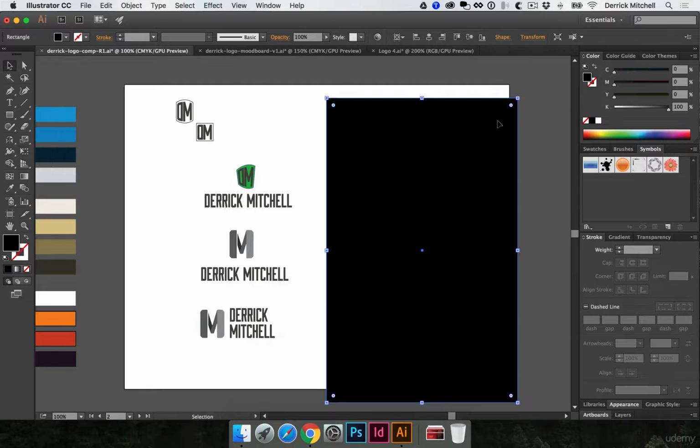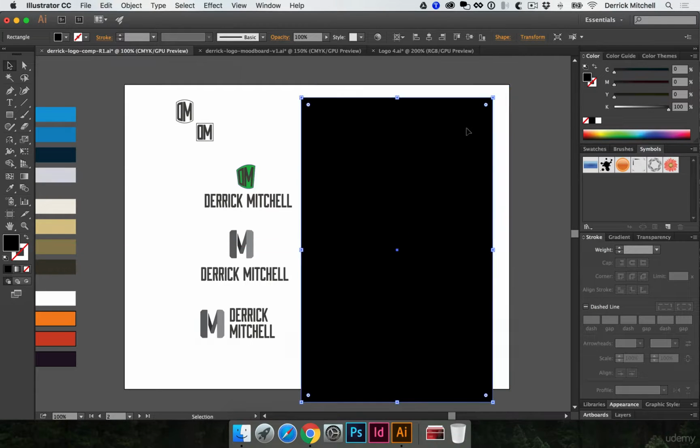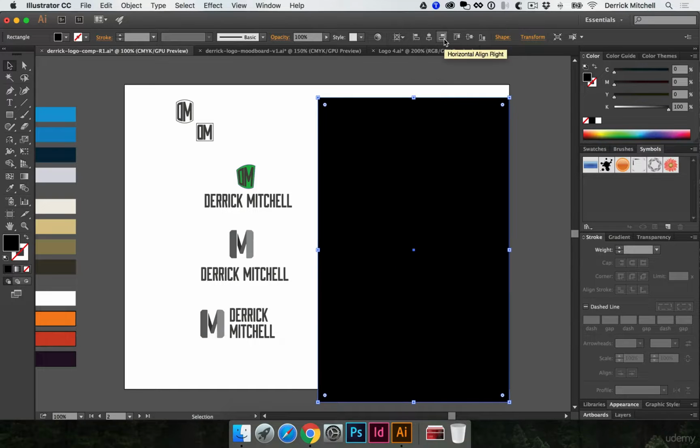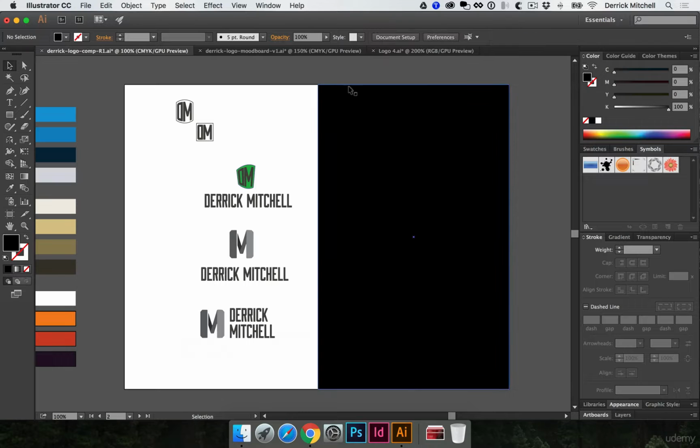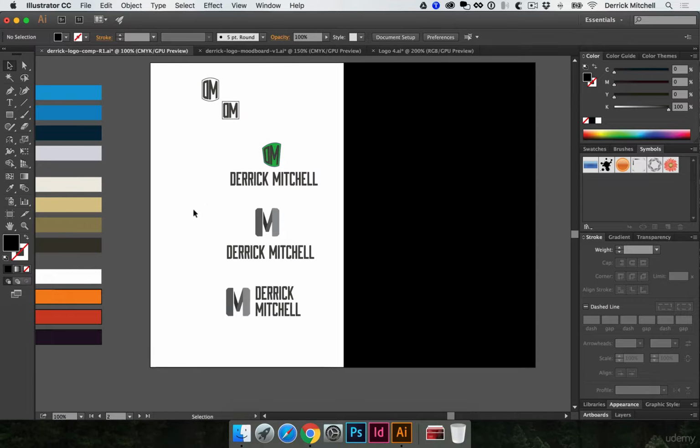The reason why I did that now is so I've basically split this in half. And I'm going to line this to the artboard. So I'll line it to the right edge, to the center. So now I have this basically 50-50. Okay. So what I'm going to do is on the left hand side, I'll put the logos in black,